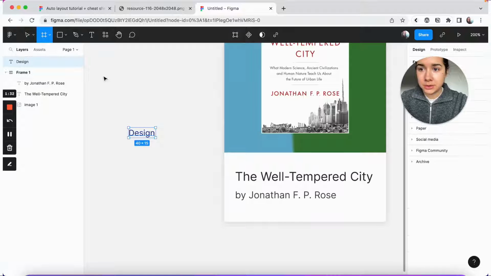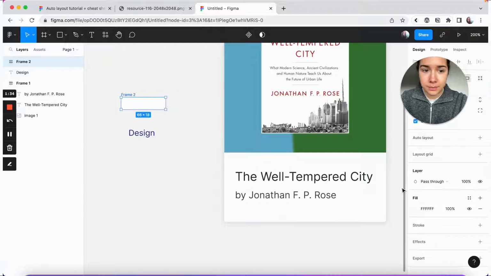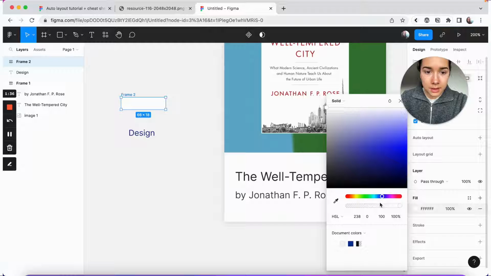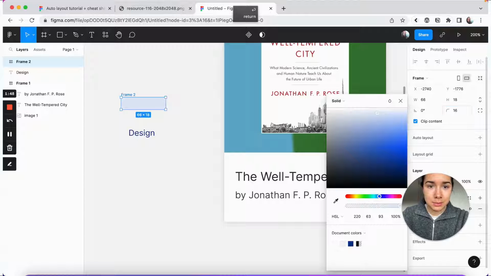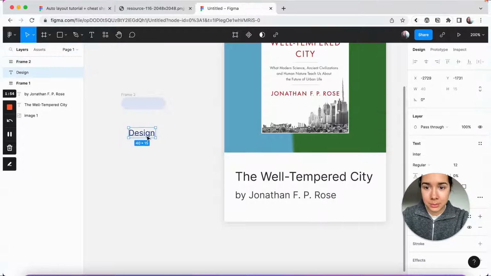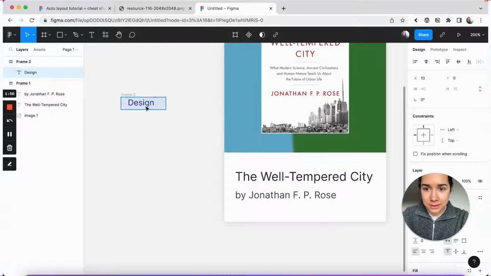So I'm actually going to create a frame and just give it a very light background color. And a 16 pixel border radius, and I'm going to place this text layer inside.